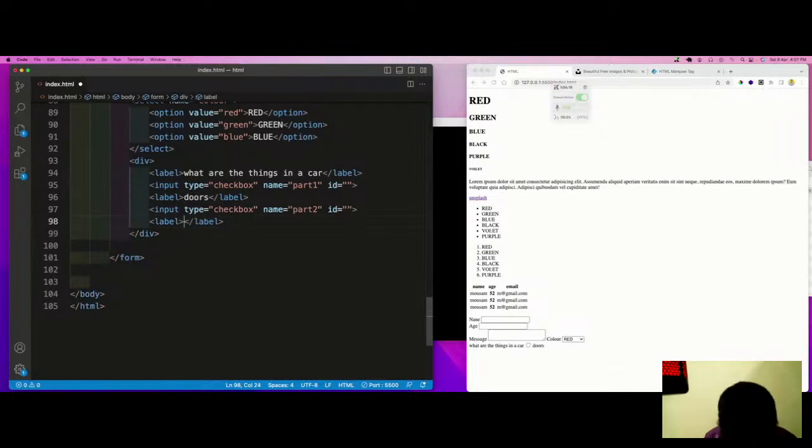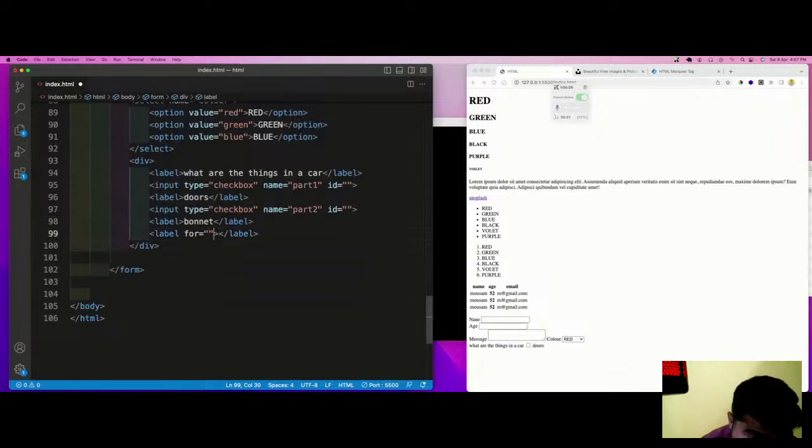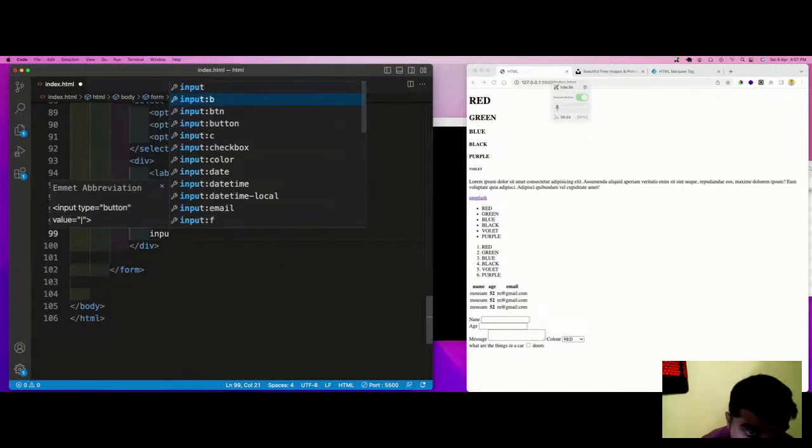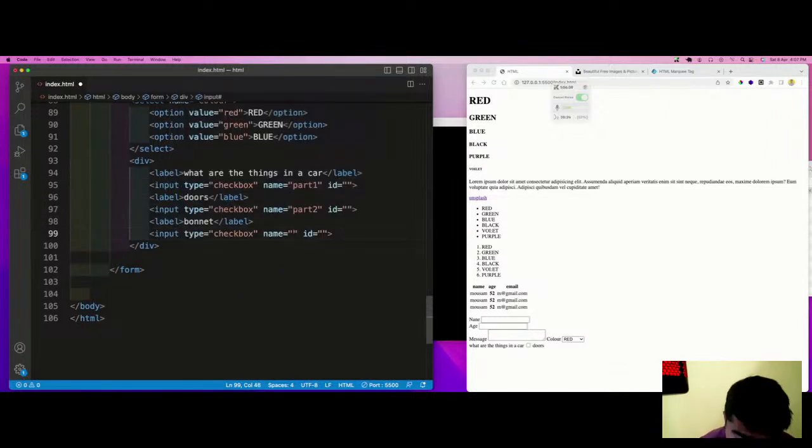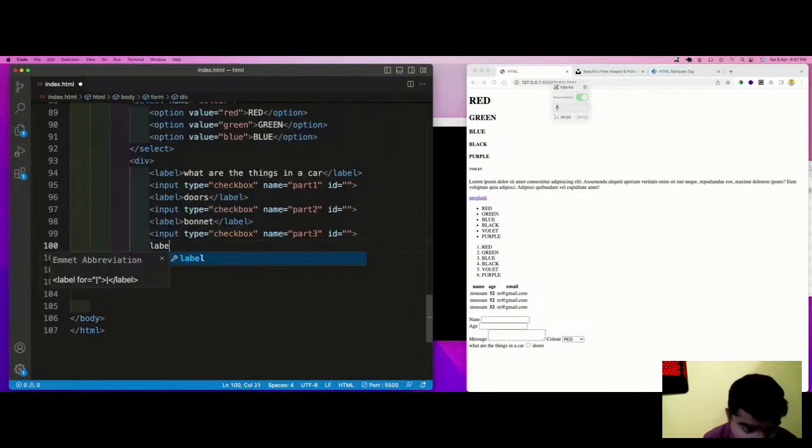Then we have the bonnet. Again, we use a label for it. Now we need to have the input type, part three, label for. The next thing we have is the fender.